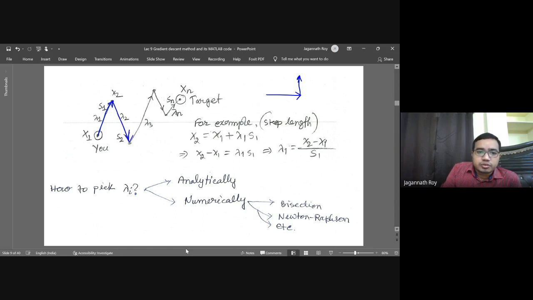So we need to use the slope of the curve, the descent, the steepness of the surface. For that we will try to find out. Suppose you are here, you want to reach the target. That is our target point. You start with x1, and then we move a lambda amount of jump, or lambda step. The step length